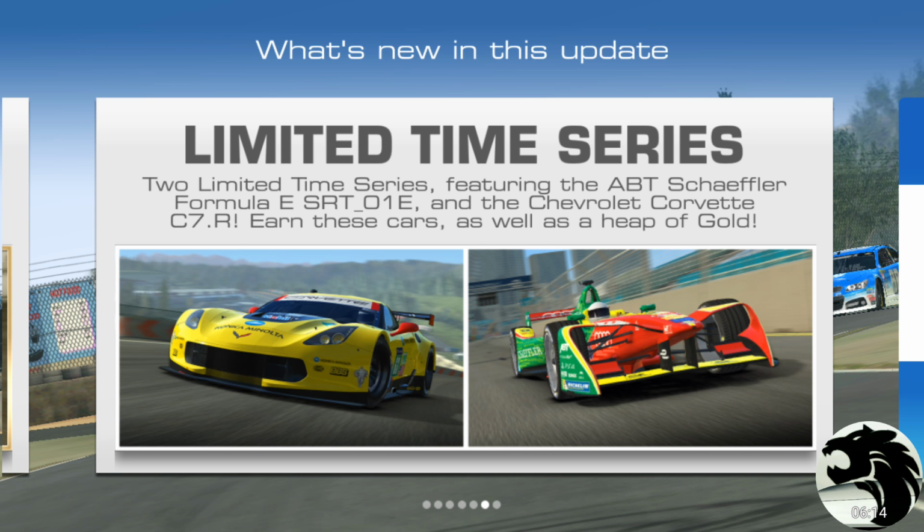And then looks like we got another, an ABT Schaeffler Formula E SRT 01E, another car to be raced in Hong Kong track, I'd assume. So that would be good, as well as a heap of gold. I get a feeling they are very generous with the definition of the word a heap,